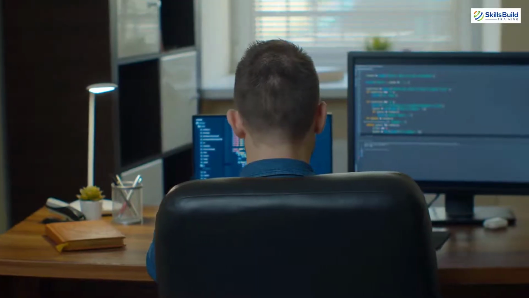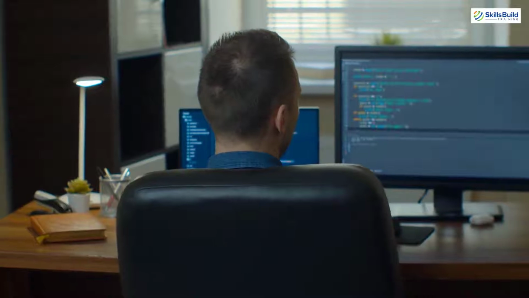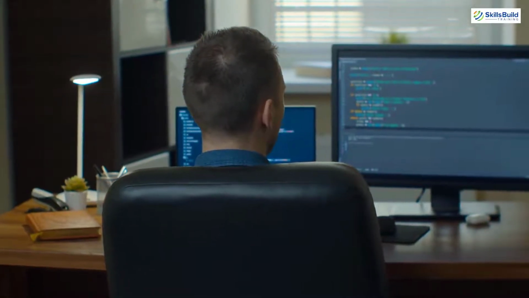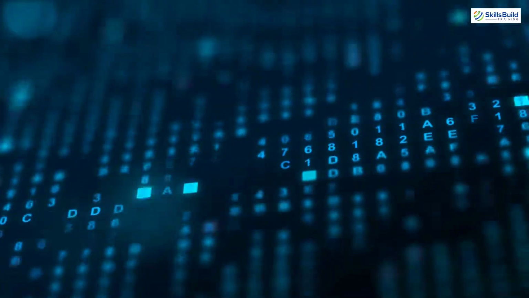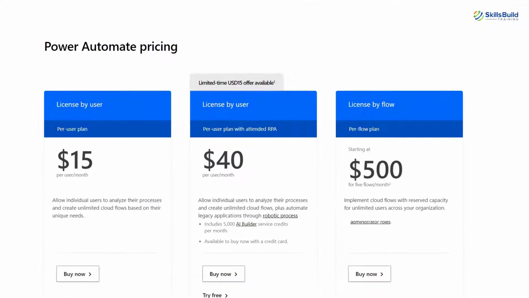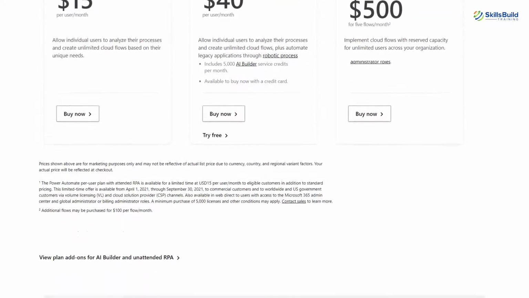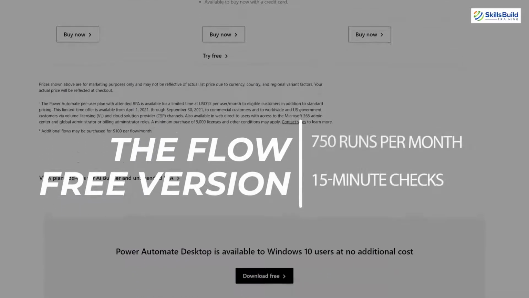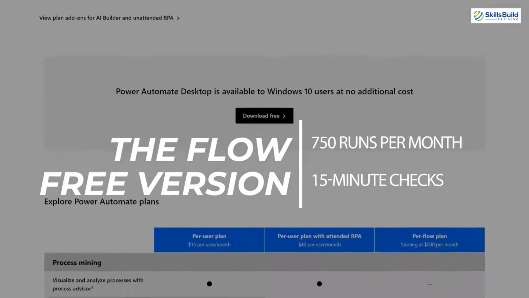Now, if I talk about Power Automate licensing, then each flow that is triggered, whether automatically or manually, is considered a run. Checks for new data don't count as runs. Each of Microsoft's 3 pricing plans for Flow includes a certain number of runs and checks. The Flow-free version includes up to 750 runs per month and 15-minute checks.